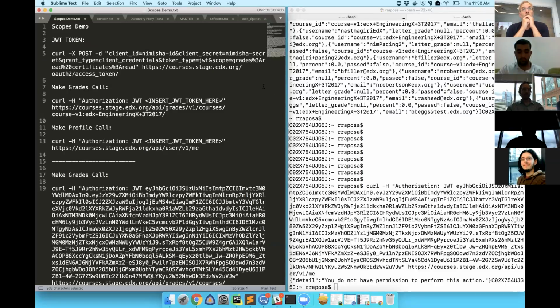Now, for you as microsites, if it's an administrator, for instance, who's accessing that microsite and you want to limit what that person can do, you'll probably use a different grant type. There you would probably use the authorization code grant type. So that's not server calls, but on behalf of the user.